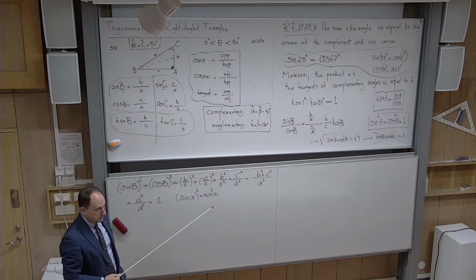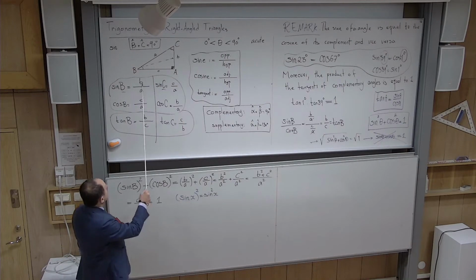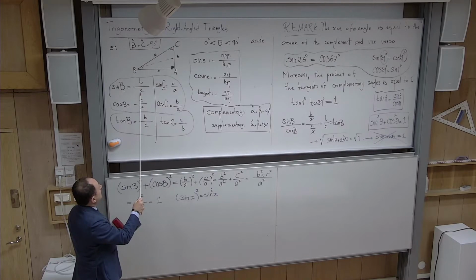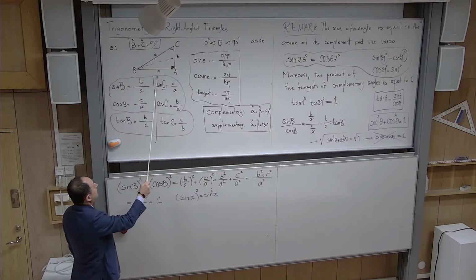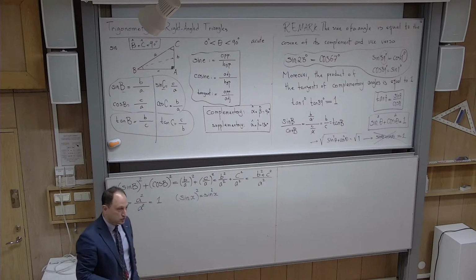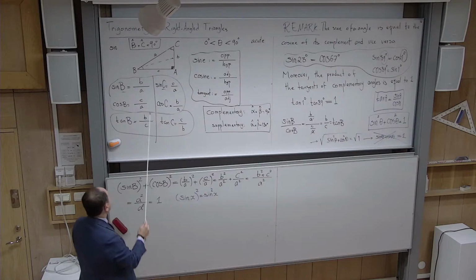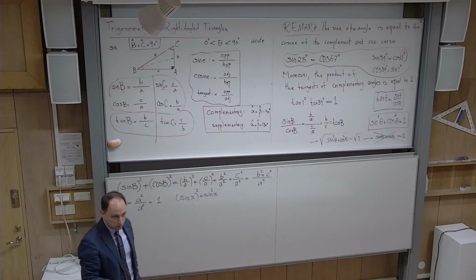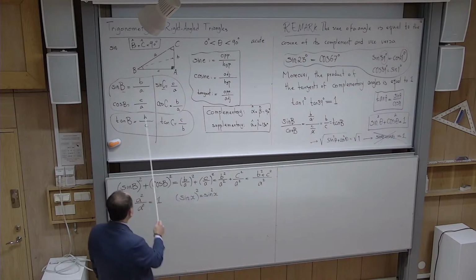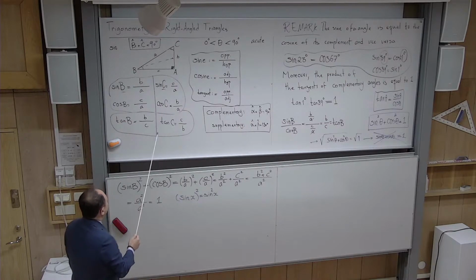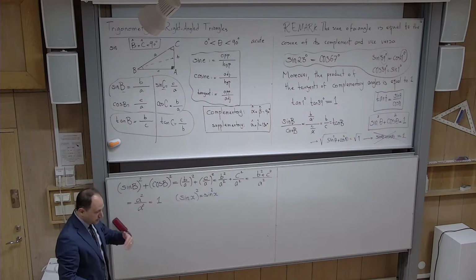Because this is the opposite side, and this is the hypotenuse. And you know that in a right angle triangle, hypotenuse is always longer than the other two sides. So if you divide a number by a larger number, then the fraction becomes smaller than 1. So sine and cosine, both of them, with this kind of reasoning, are always bounded between 0 and